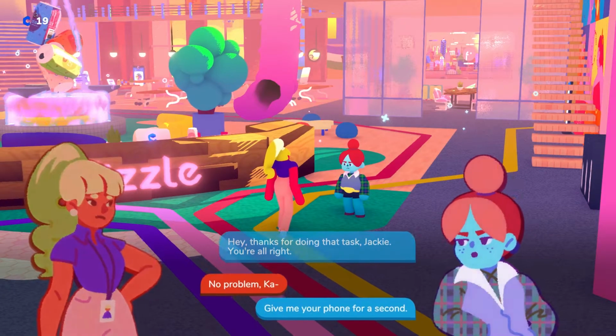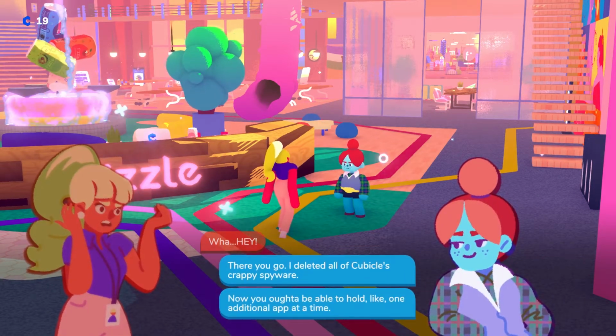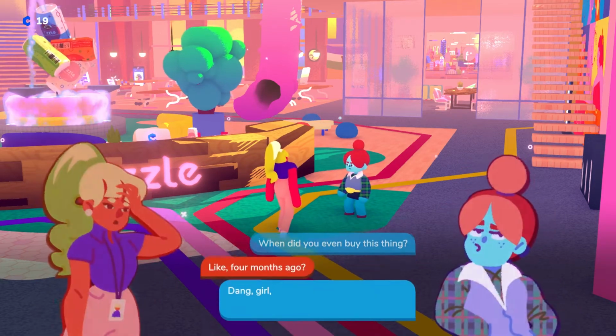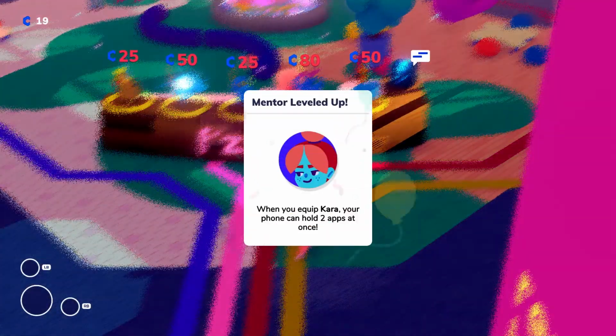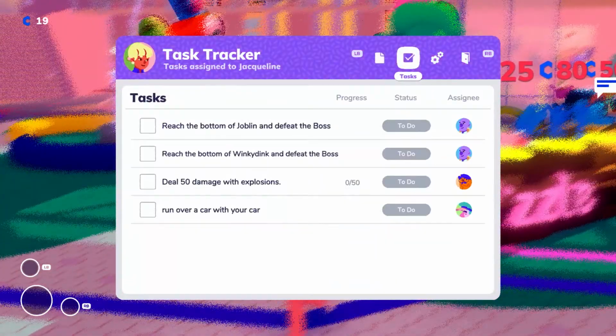Let it promote our creativity. Yeah, get rid of crappy spyware. Oh shit, she gave us 2 apps at a time. That's a good perk. Now,